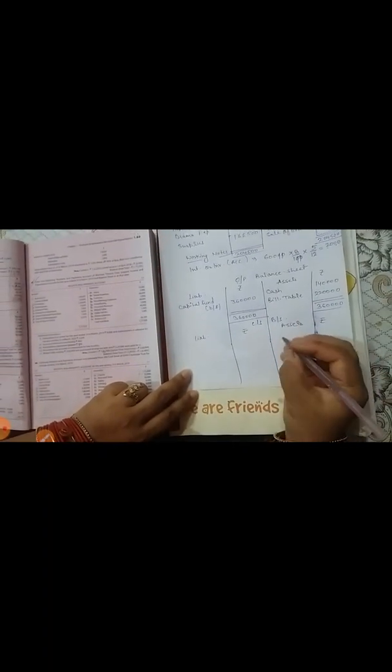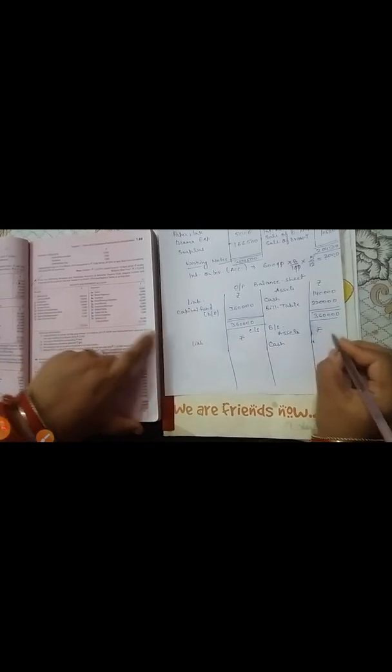Format is same, asset, rupees, and this is liability. So again asset side, from the opening balance sheet, start with the opening balance sheet. Only amount you have to change. First is cash. Here in closing balance sheet, cash you have to take from the payment side, that is by balance c/d 98,500.